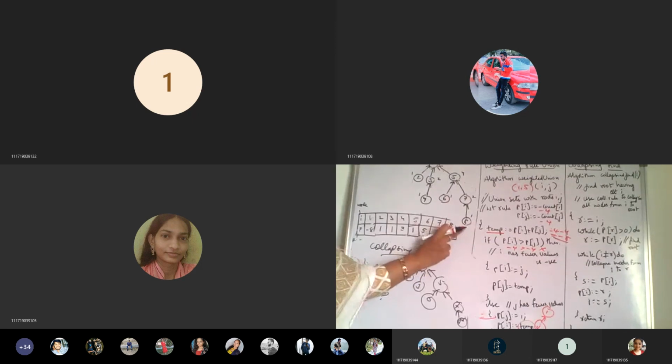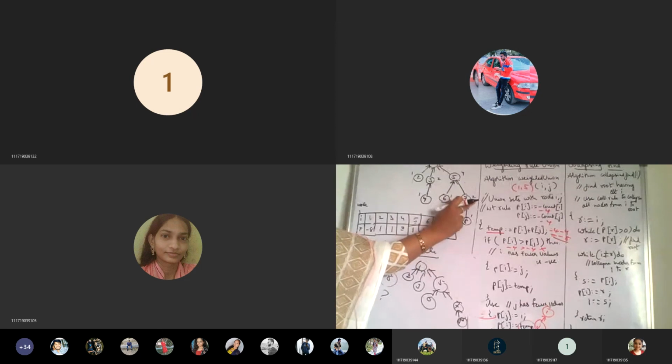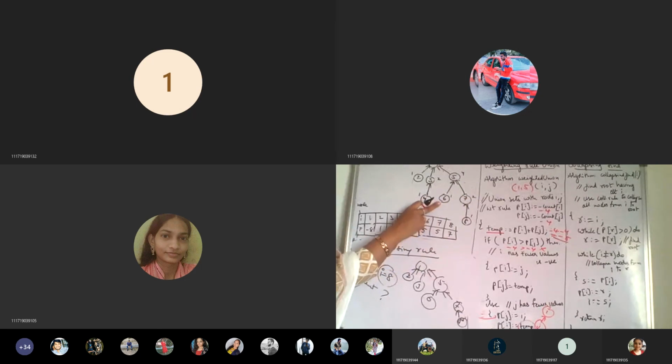So here this is not root, so no negative value, only one node is there. This is not root, but 2 are connected, so 2. This is only one node, since it is not root, so we are not giving negative. This is not root, so no negative, but the values are, we have given it as 4 nodes, and this is 1, no negative. Why? Because it's not the root, but only one node is there. This one is not root, so no negative, but 1, 2 elements are connected. And here, it's not the root, but only one node is there. And since it is the root, negative, and how many number of nodes are there, that is the value.